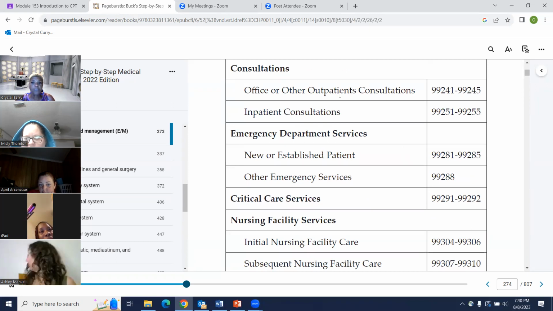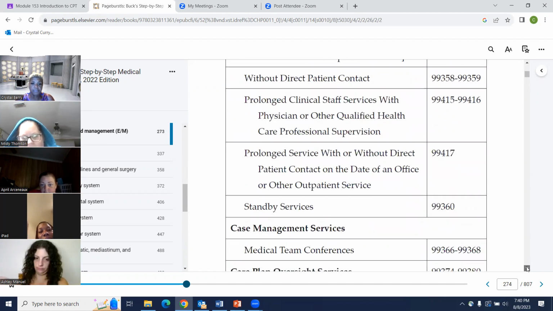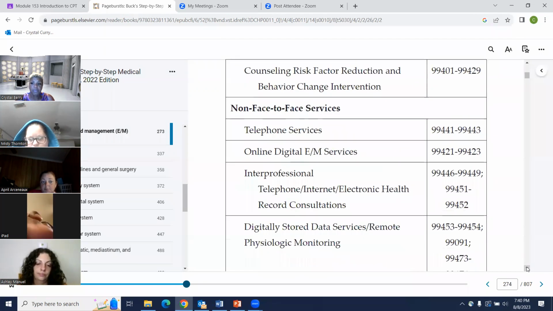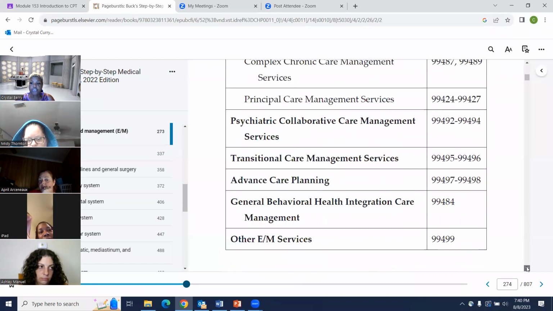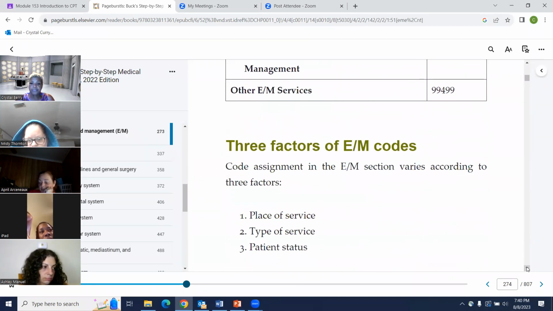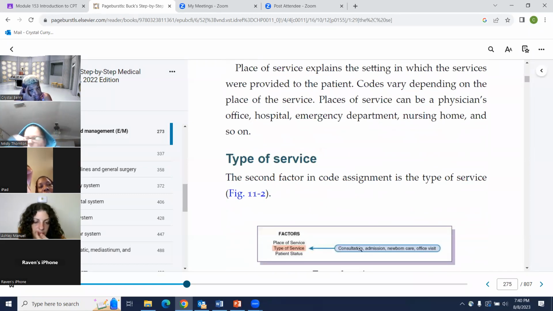Consultations, office or outpatient consultations, inpatient consultations, those are types of services. So when you're reading, just make sure that you're going back. That was a place of service, types of service: consultation, admissions, newborn care, office visit. Those are the types of service.